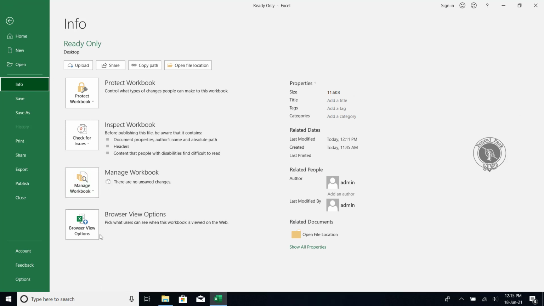And the browser view option, we are using this option for connecting with other applications from Microsoft. There are some applications like SharePoint or some other application through which we can share our current sheet with that software's application. So for that we are using this browser view option. Currently we have no data about that, so in future maybe we will create this, how we are going to use and access it via other platforms like SharePoint or something else. Okay, so now we will move on to save.